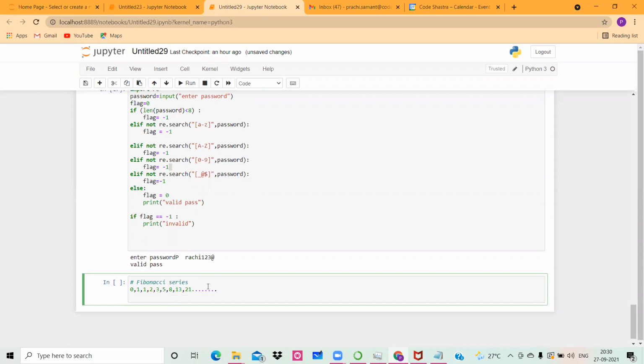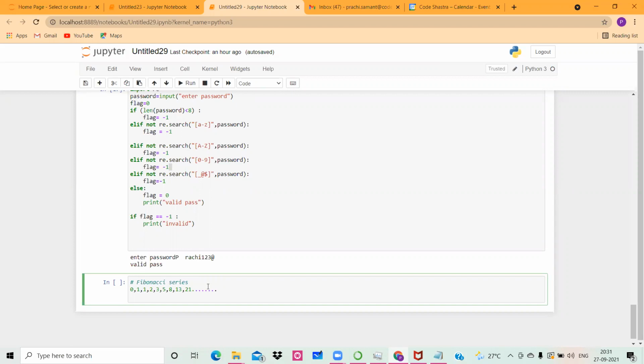There are a lot of questions one can generate based on series, or there are many series, like the perfect number series, or something called the Armstrong number series. So these are different types of mathematical series which have a certain criteria. When that criteria is satisfied, the number gets added to that series.